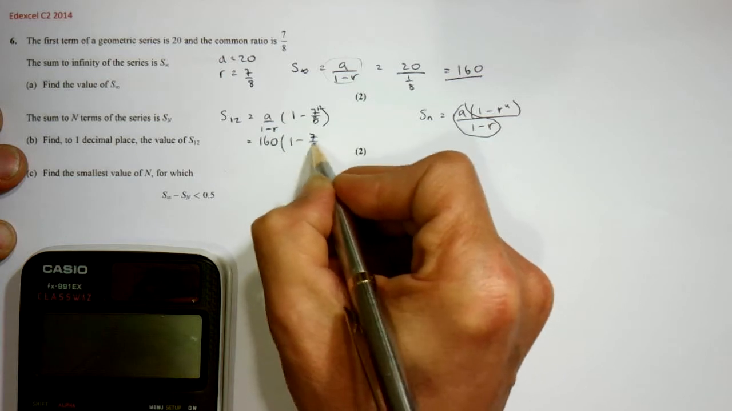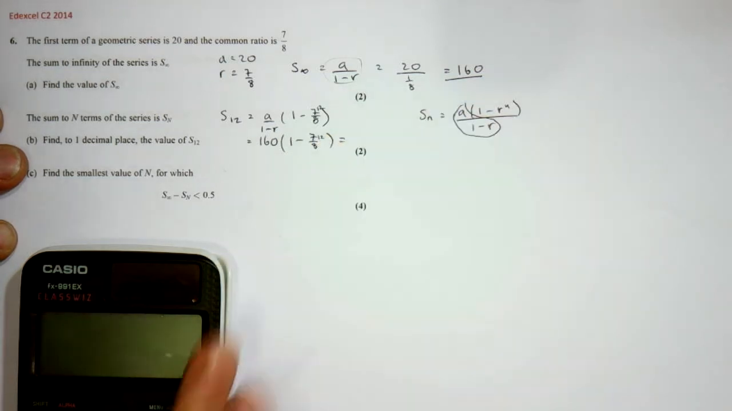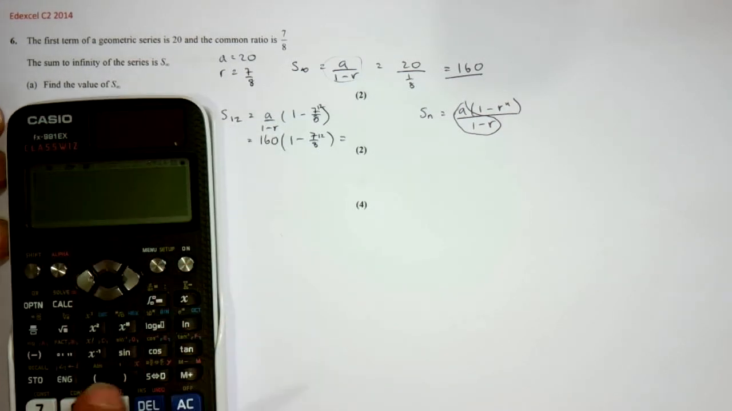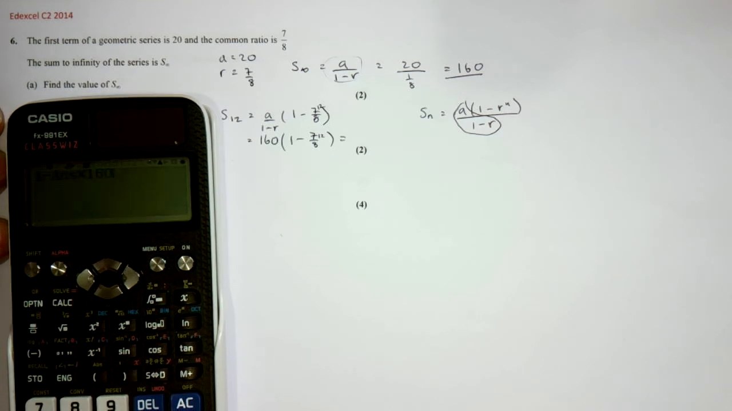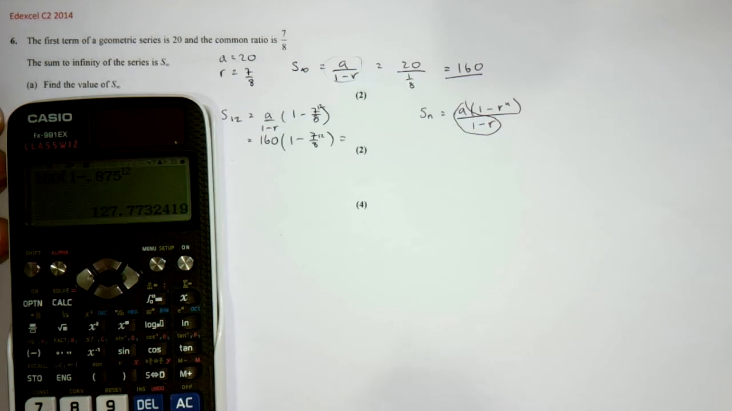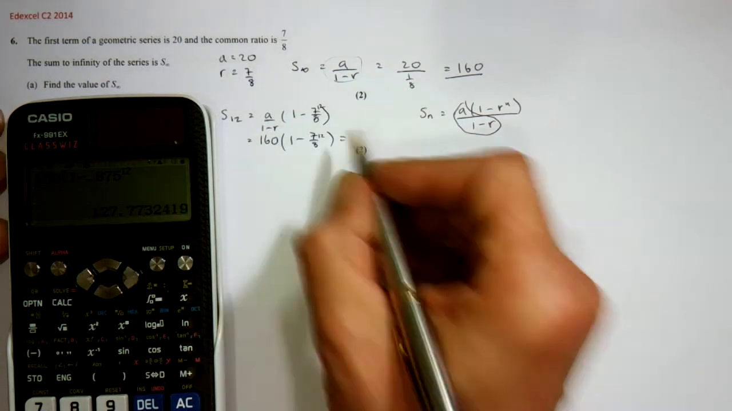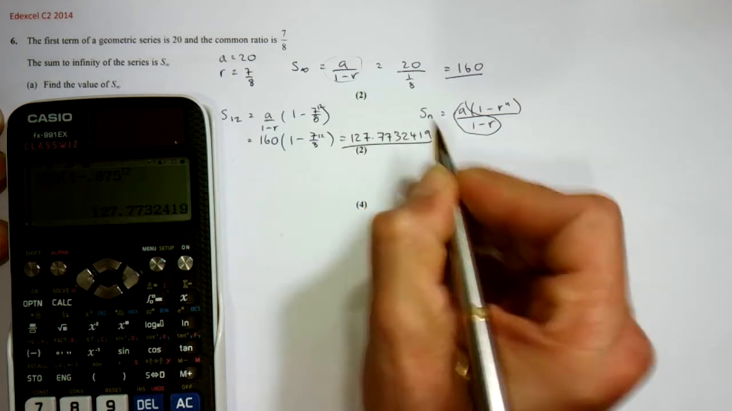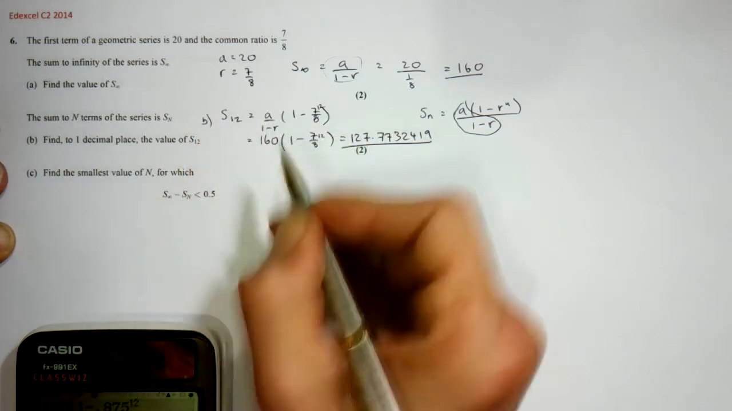1 take away 7/8 to the power of 12, so calculate time. 7/8 is 0.875 to the power of 12. 1 take away answer times by 160 equals, no, that's not right, 160 bracket 1 take away 0.875 to the power of 12 equals 127.77 32419. That's the answer to part B. And part C,